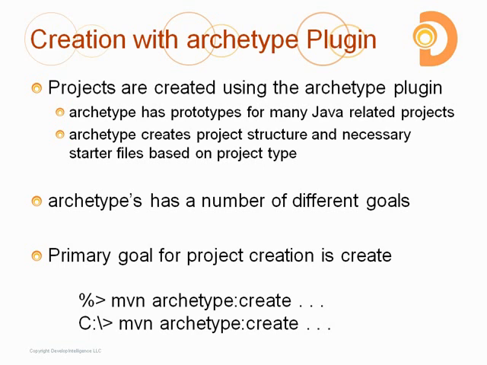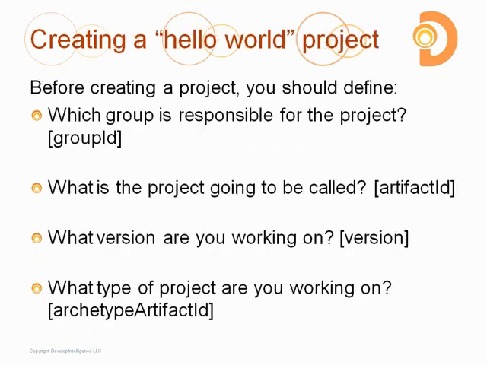Okay, and that's a reasonable expectation, right? I'm not going to sit down to write code without knowing the type of application I'm building. So with that information, who's going to build the project, what the project is going to be called, what version I'm working on, and what type of application I'm working on,